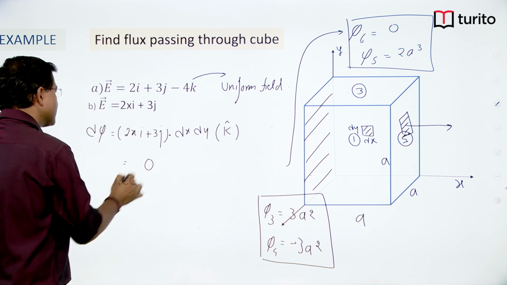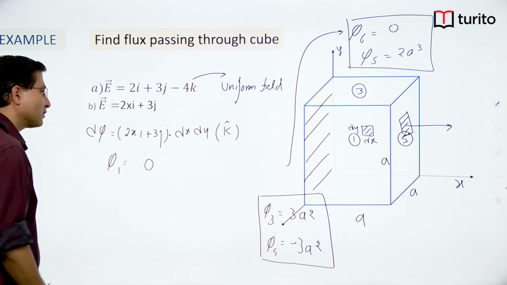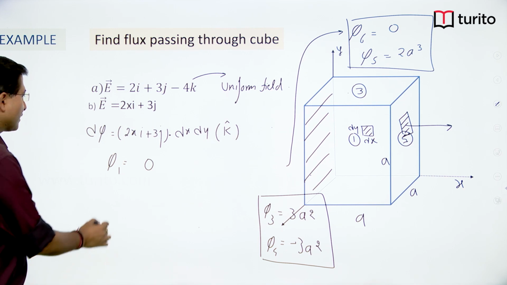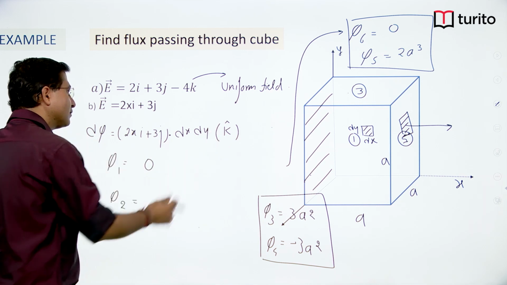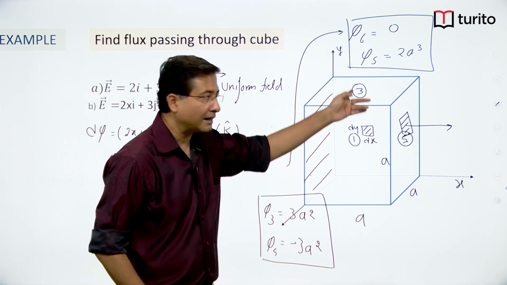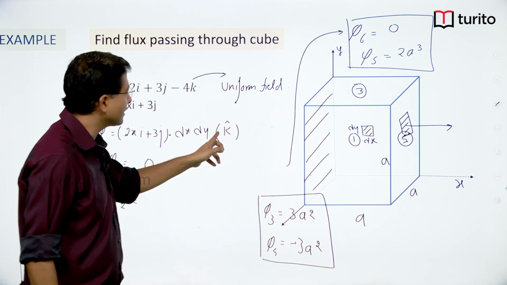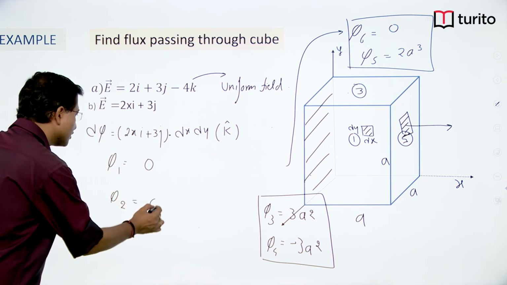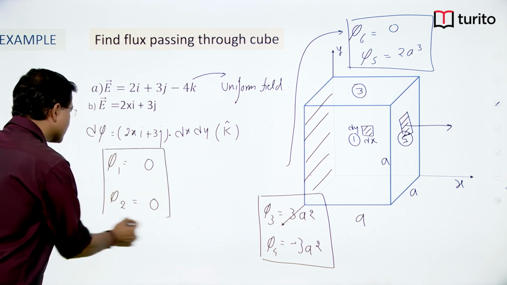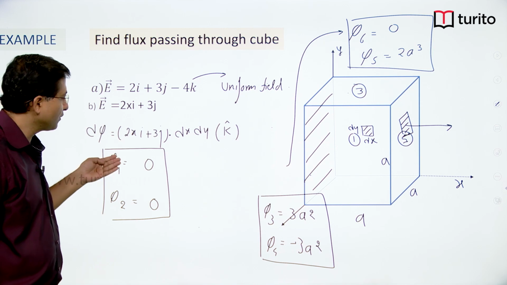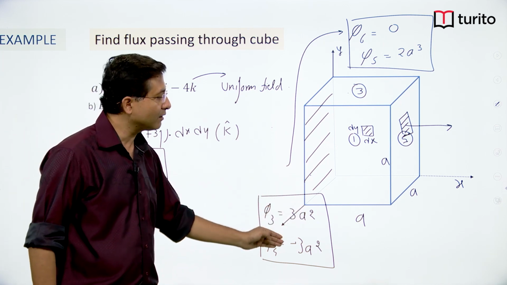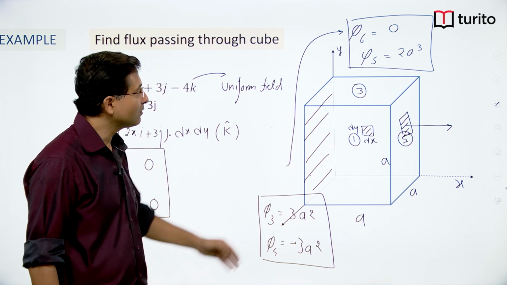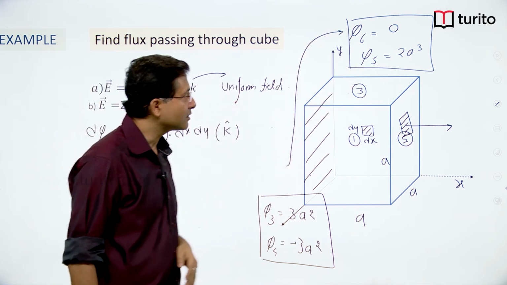So, this whole term is 0. So, flux associated with first surface 0, flux associated with second surface. For second surface I write the back one, I write minus k cap. So, minus will come here and this will become 0, right. So, this is what we are getting actually. So, phi 1 phi 2 we are getting 0 0, phi 3 phi 4 we are getting 3a square minus 3a square, and phi 6 phi 5